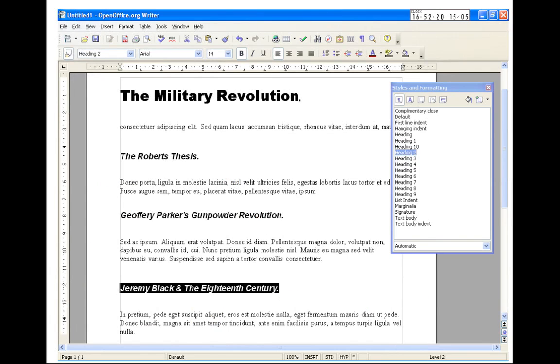This is the same piece of text in OpenOffice. OpenOffice, LibreOffice, Microsoft Word, Keynote, Pages do the same sort of thing, in that instead of just picking some font attributes, Arial, bold, 14, whatever, they actually allow you to pick heading levels. So for all of these, this is a heading 1, the military revolution, and the other 3 are all heading 2. And by using those heading levels consistently throughout the document,